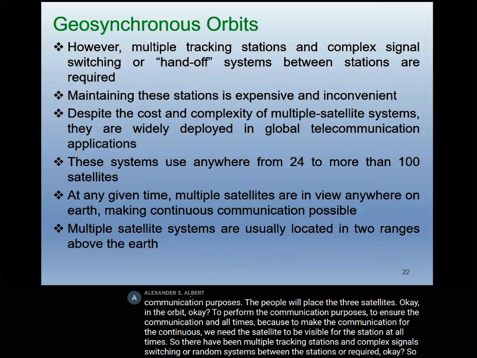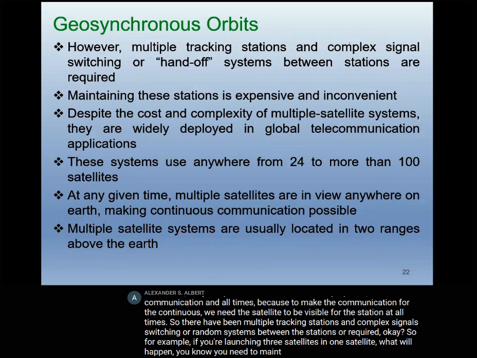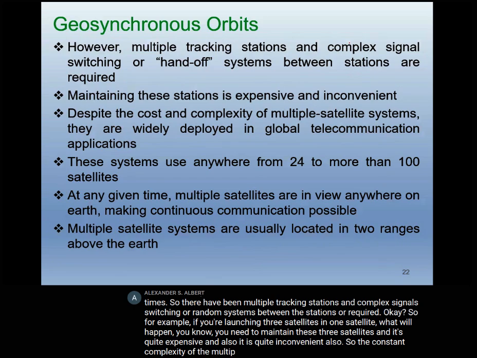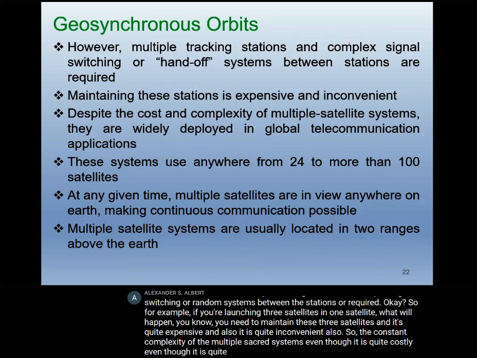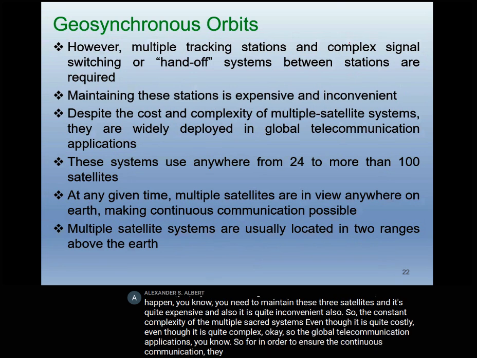For example, if you launch three satellites instead of one, you need to maintain all three, and it is quite expensive and also inconvenient. Even though it is costly and complex,